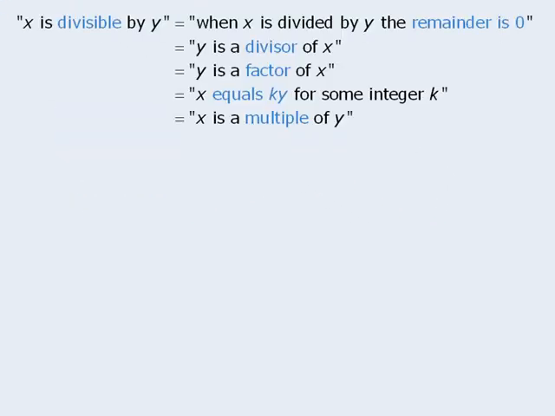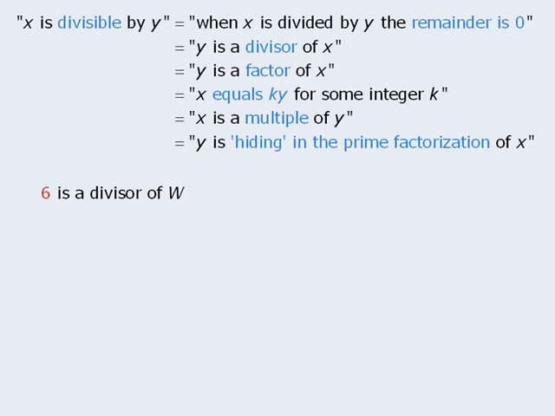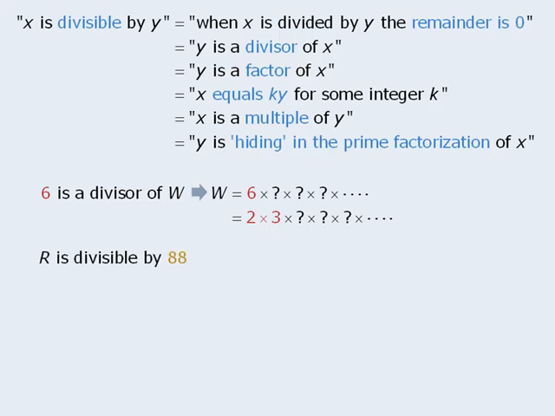Now, in an earlier lesson, we saw that there are several different ways to say that one number is divisible by another number. We'll now add another line to this list. If x is divisible by y, it must be the case that y is hiding somewhere within the prime factorization of x. So, for example, if we are told that 6 is a divisor of w, we know that the prime factorization of w must have a 6 hiding somewhere. Now, since we're talking about the prime factorization of w, the 6 will be hiding in the form 2 times 3. Similarly, if we are told that r is divisible by 88, then we can conclude that there must be